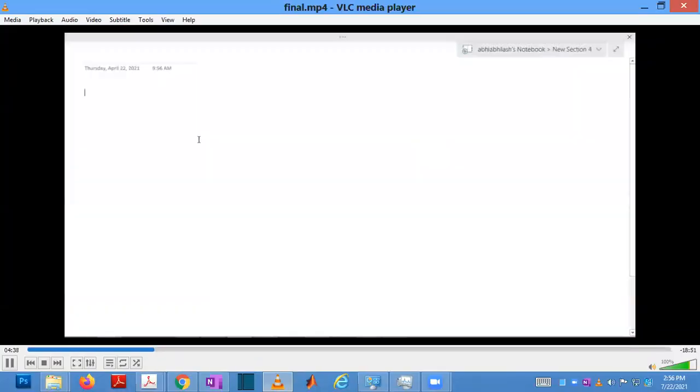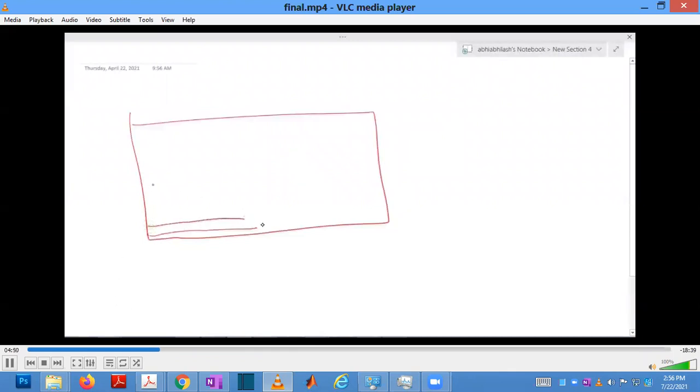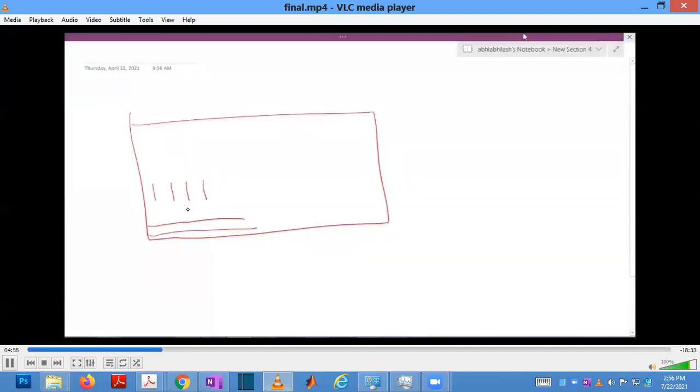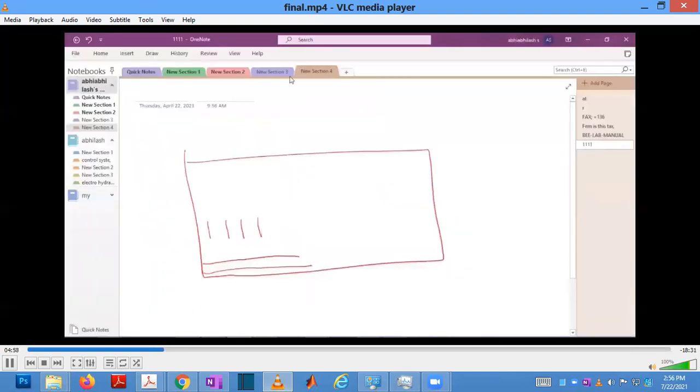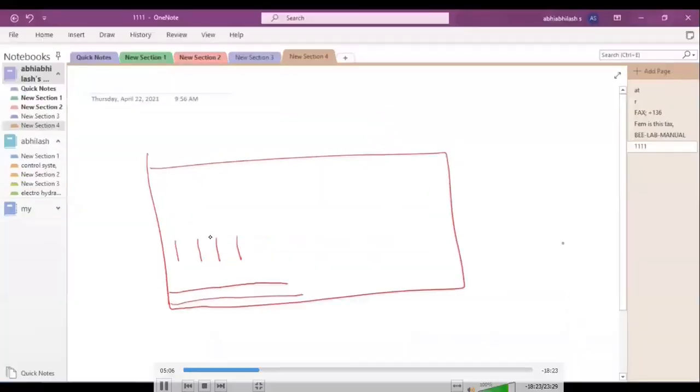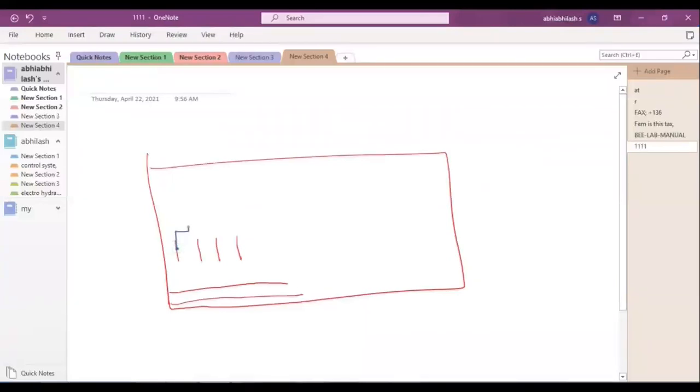Okay, so now we have to connect the circuit. First, suppose this is the breadboard, and these two lines are commonly connected from this point to this central line, and then the other single points are there. So these are short circuited internally. So take a resistor. The resistor will be like something like this. You have to connect one point here and another point to here. Like this only you have to connect.